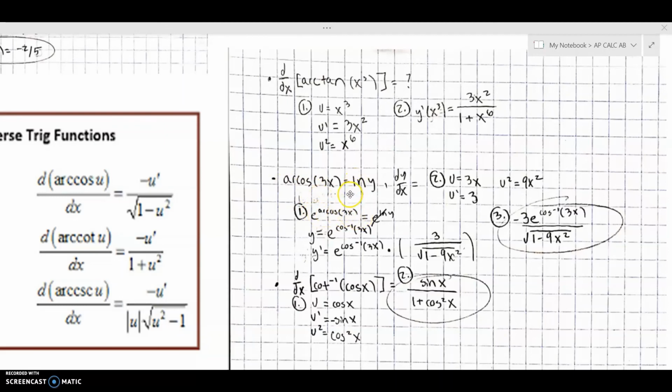By doing that, you'll get rid of this ln right here, right? So once we got rid of that ln, you're left with y is equal to e raised to the power of inverse cosine of 3x. This is also another notation of inverse cosine. These two mean the same thing, arc cosine and inverse cosine, right? Okay, so now let's start with the implicit differentiation. We have right here, y prime is equal to e to the power of inverse cosine of 3x